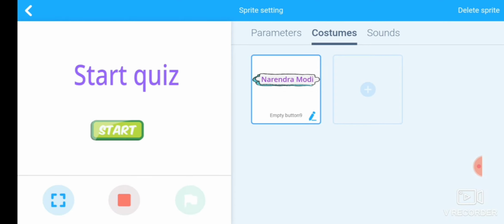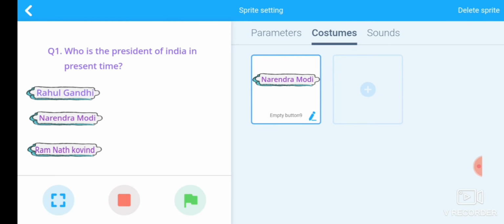Now again start the game. Click on the start button. Here the question is displayed and three options are displayed. Let us select a wrong option. Whenever the wrong screen is displayed, this option is also displayed here.